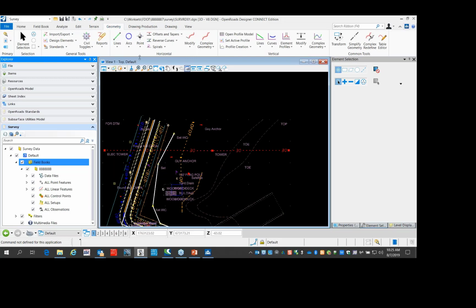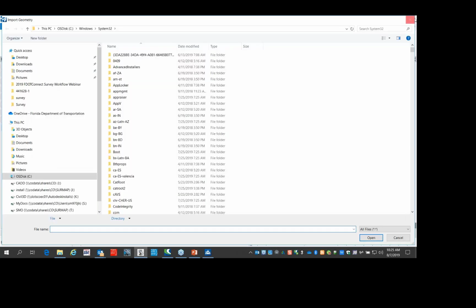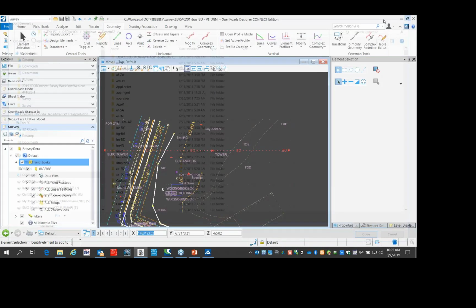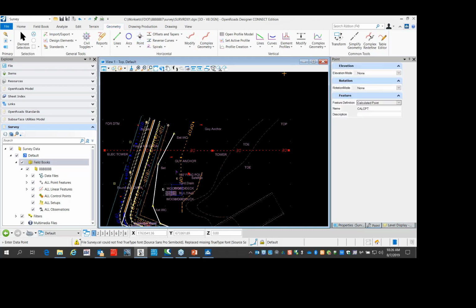Geometry is a little bit different animal in that here's where you're going to find your horizontal geometry lines and arc tools. Okay, and your import, export for LandXML, or you can even import GPK data right here. Your civil toggles for civil accurate draw, and then we also have, this is a little bit different. If you select this, select point, you're going to see that you can put in some